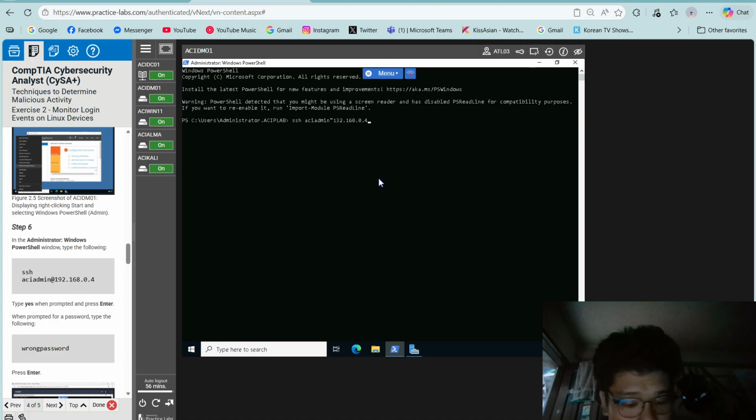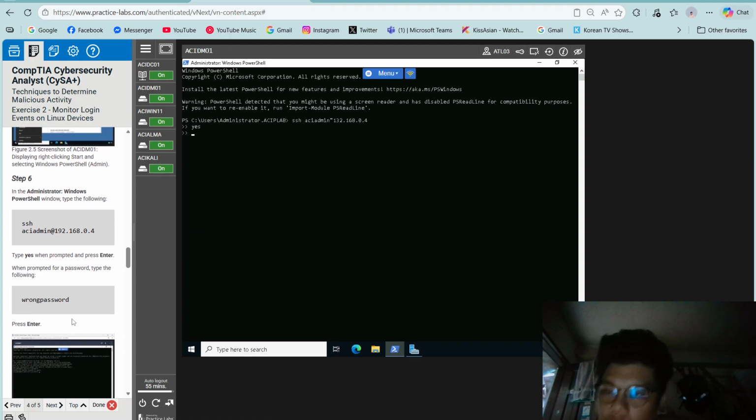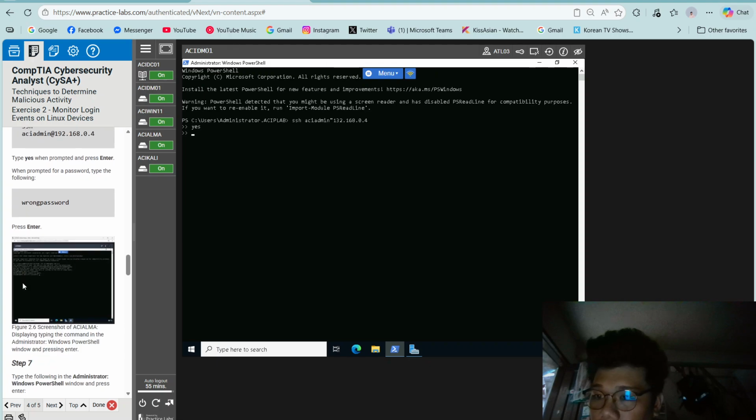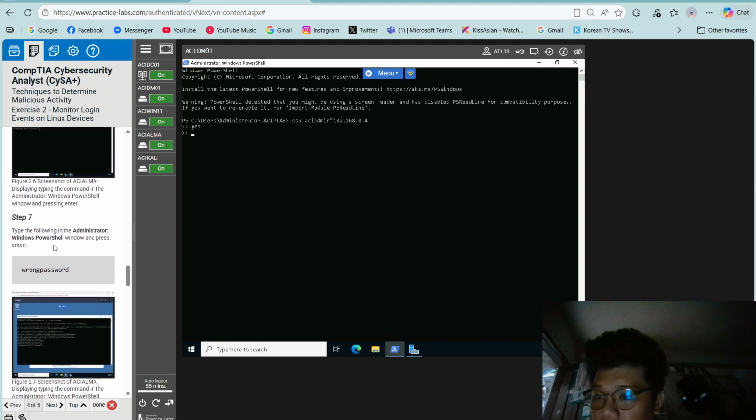Type yes when prompted, then press enter. When prompted for a password, type the following password: wrong password, then press enter.